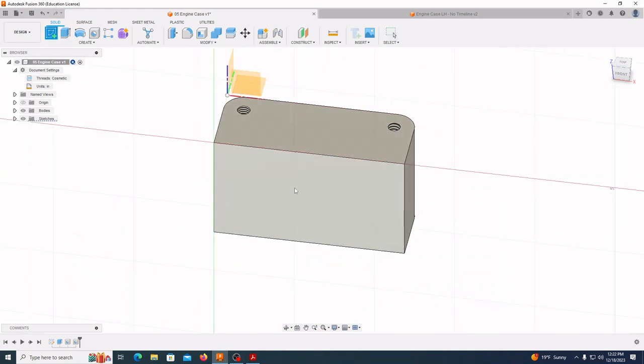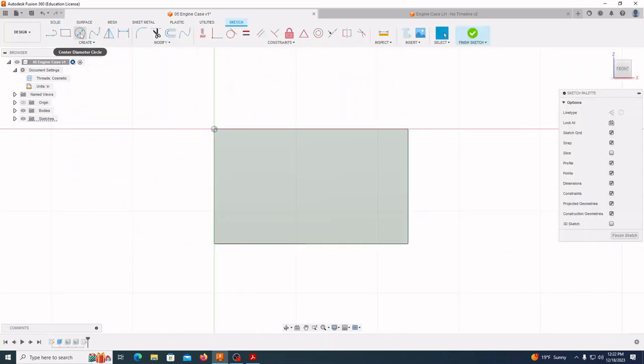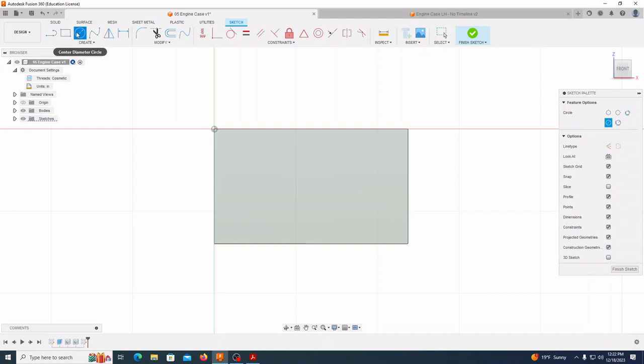we're going to be on this face right here. We'll draw it on that face. I'm going to start out with my center diameter circle. I'm going to come on in. If we bring it close to the center of that, you may see a little snap where it pops on there and you get a little blue dashed line. I'll click and drag out, and I'm going to type in a diameter of